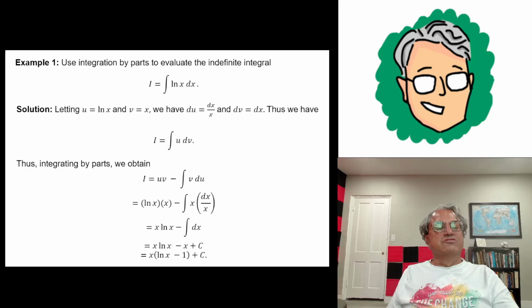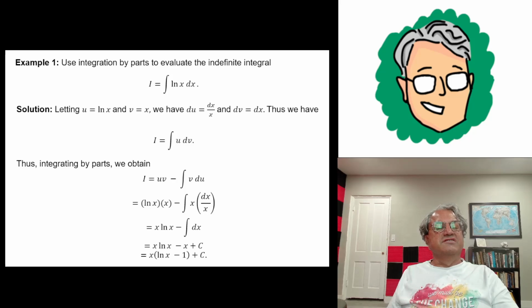Now we can just do a little bit of simplification. So we can write the first product as x ln x, and we can notice that the x's in the integral cancel, and we're just left with the integral dx. And the integral dx is easy. That's just x plus c. So because you're subtracting the integral, you get x ln x minus x plus